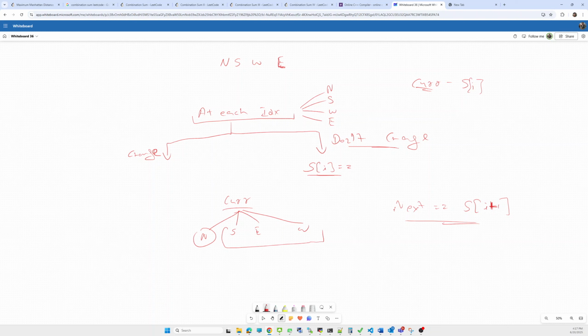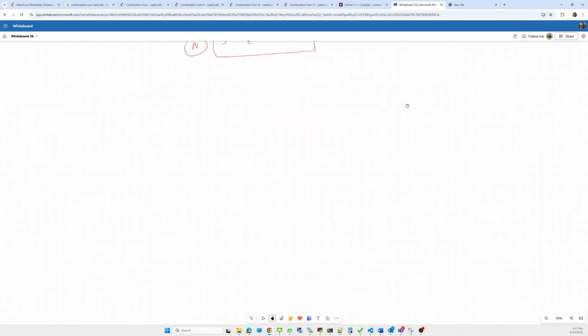So recursively we'll call for each state. Means from each point, let's say we are currently on this point. Based on the string we are able to move in the north direction only. But we want to move in the rest three directions also.